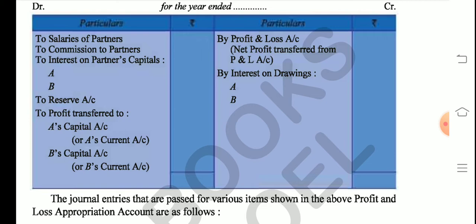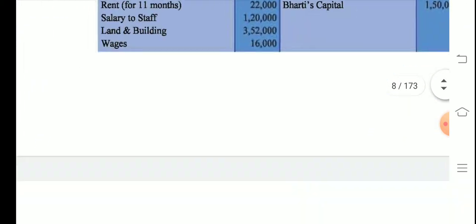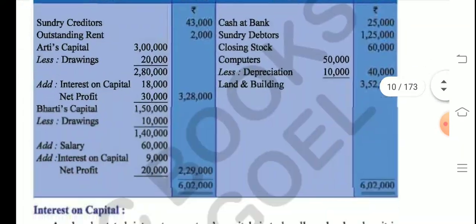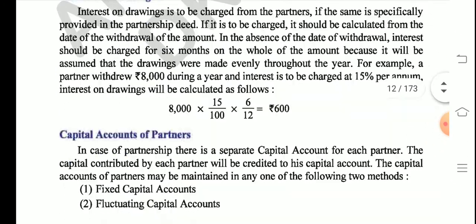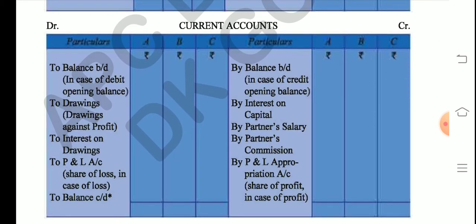But now we are preparing the capital account. So all these debit items of the partners' appropriation account, the P&L appropriation account, will be written on the credit side of the partners' capital account. So that scissors rule, the catchy rule, applies here. You'll be able to understand when you go through your book very carefully and compare these two formats. Whatever was there on the debit side, we have mentioned all those items on the credit side, and whatever was there on the credit side, we have mentioned on the debit side. So I hope this much is clear to you, right?